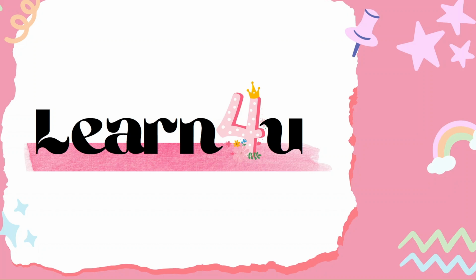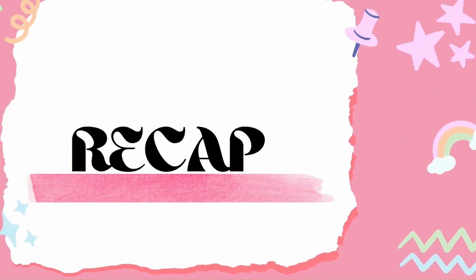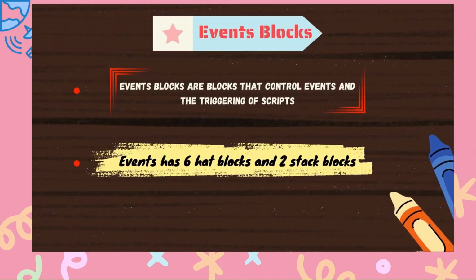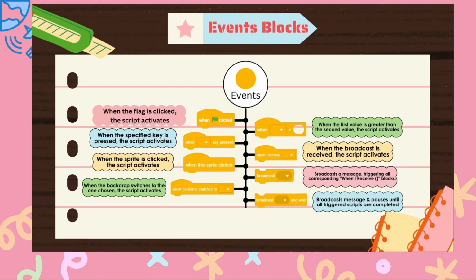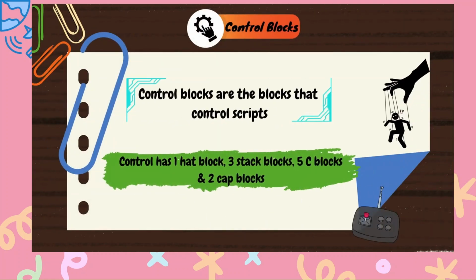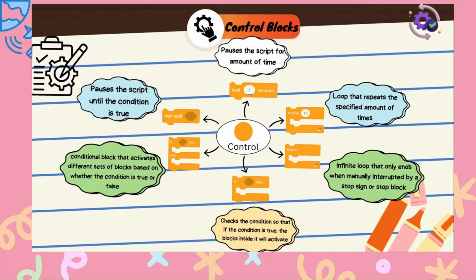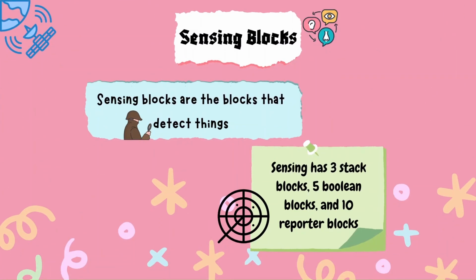So, I hope you are getting things and enjoying your learning. As always, let us have a recap of what we did in our earlier video. Basically, there we talked about event blocks and control blocks, and I told you the basic difference between both of them, right? Event blocks control when to start, and control blocks focus on how we are going to control them. So now it's time to move ahead and look at our sensing blocks.